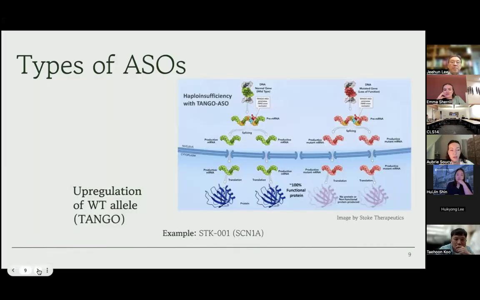And then TANGO or upregulation ASOs work by targeting missplicing patterns or inefficiencies that happen in the wild type copy of the gene. So sometimes genes will have a poison exon that's sometimes being spliced into in some isoforms that leads to nonsense mediated decay. So it's finding those non-functional copies and targeting them with an ASO to promote more wild type